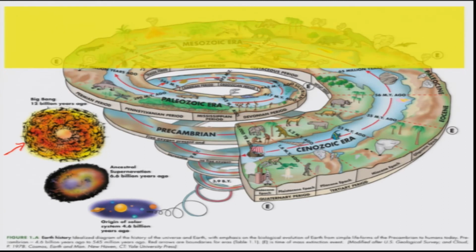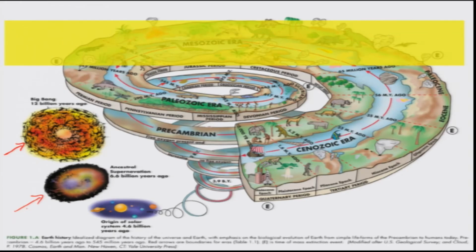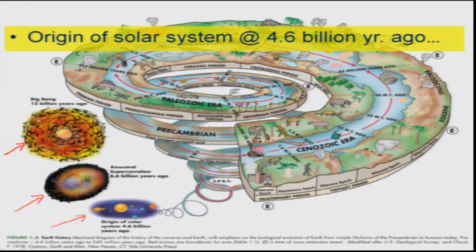Later there was another one, at around 6 to 7 billion years ago, which was very much similar and known as supernova. And then finally the earth came in, that is the solar system came in, at around 4.6 billion years ago. Now this is the time when things started on the earth, and if you look at the whole spiral picture,